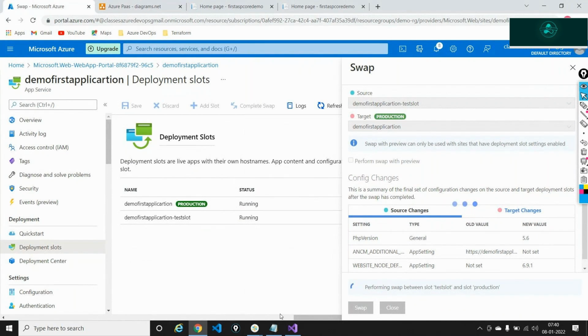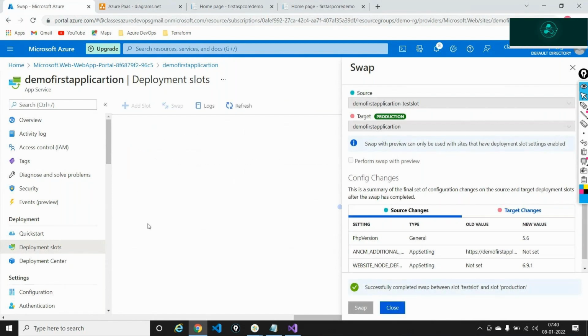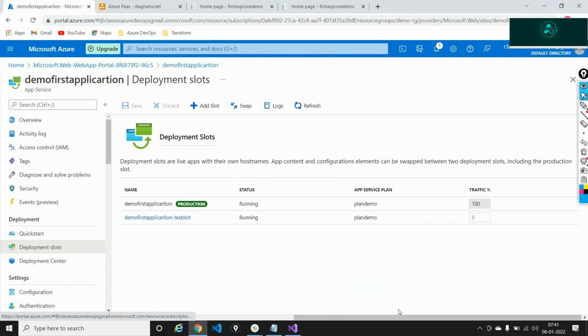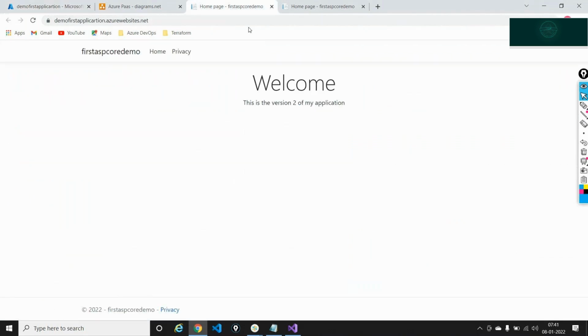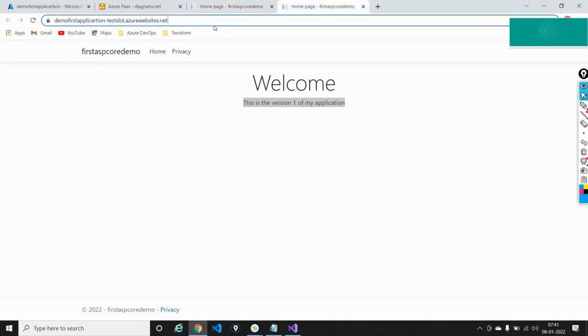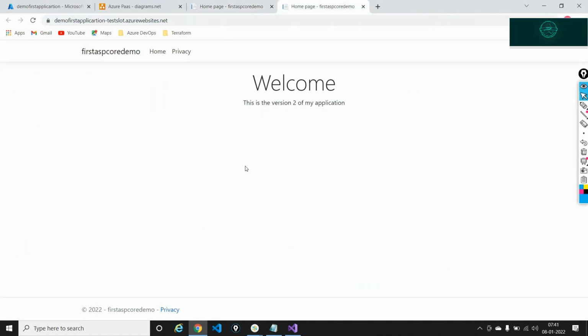What if we have multiple test versions? Yes, so if you have multiple test versions, what you can do out here is have multiple slots. Meaning this is not limited to 2 slots. You can have multiple slots out here. I'll come back to that in a second. So right now, if I did a rollback and refresh my screen, I have version 1 of my application, and in the testing slot I have version 2.